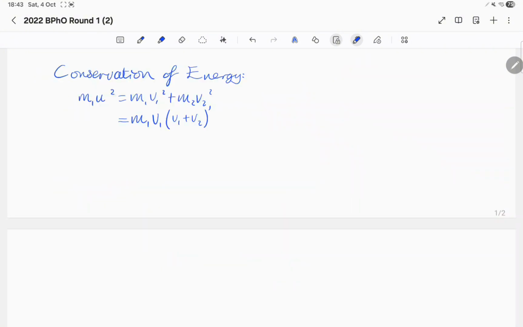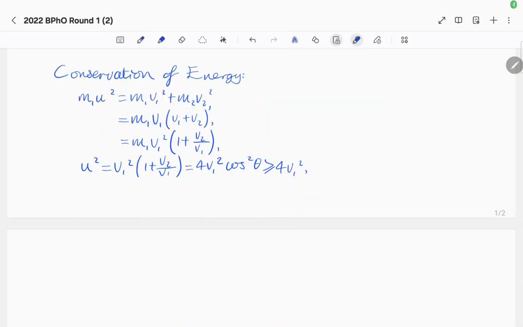From here, we can attempt to apply conservation of energy. Using this means that we have m1u squared is equal to m1v1 squared plus m2v2 squared. This can be written as m1v1 multiplied by v1 plus v2, since m2v2 is equal to m1v1. We can then write this as m1v1 squared multiplied by 1 plus v2 over v1. We can then divide out m1 from both sides, leaving u squared is equal to v1 squared of 1 plus